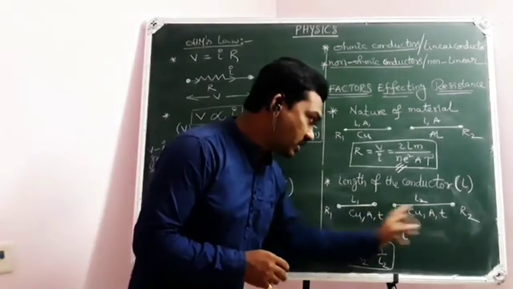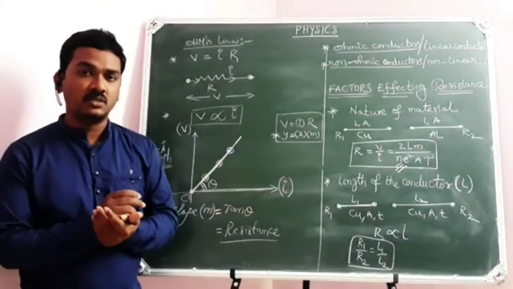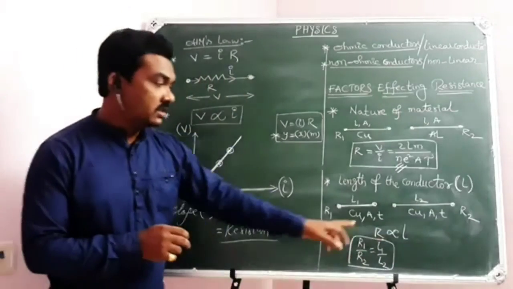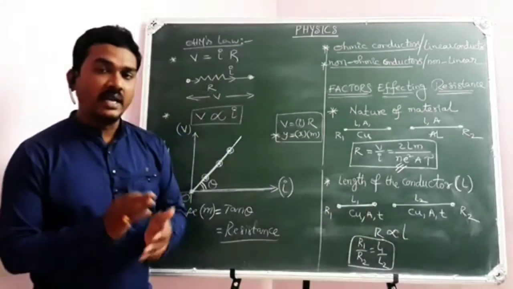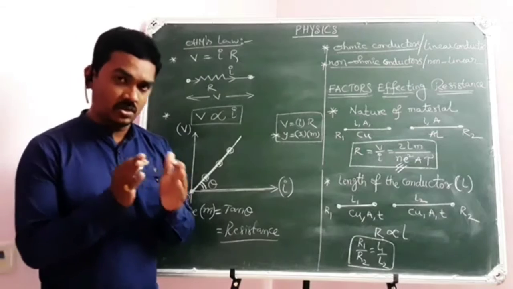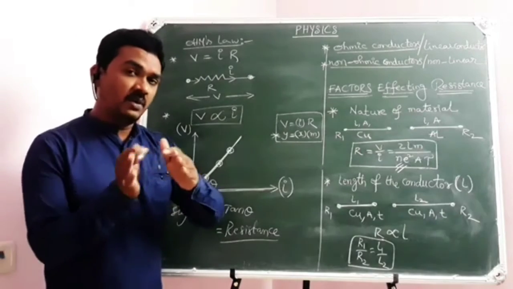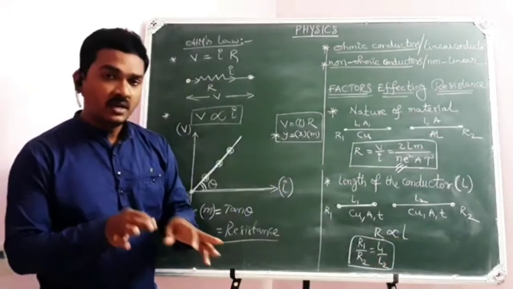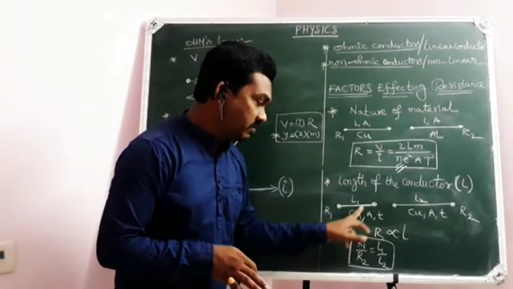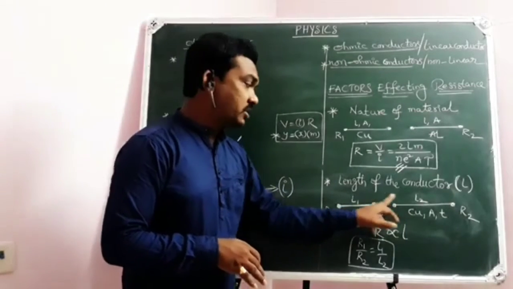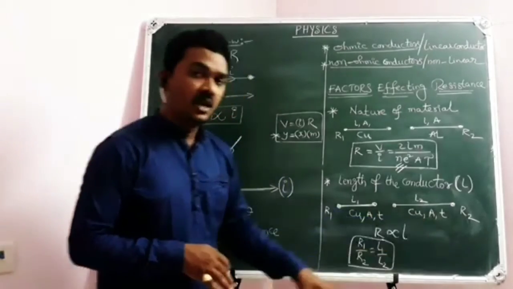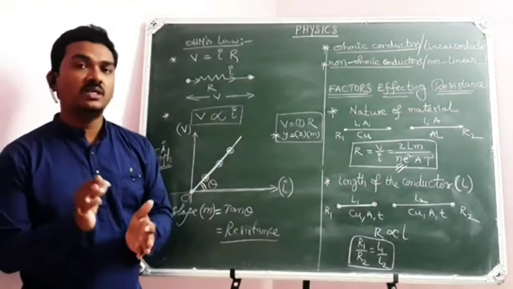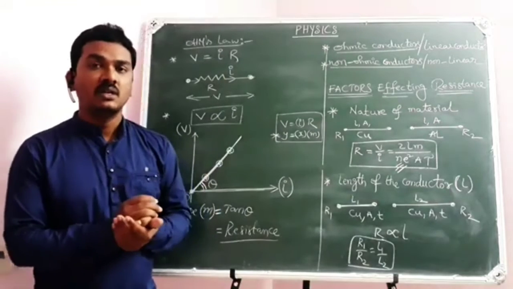of the same material, same cross-sectional area at same temperature conditions, varies according to the length. See, these terms and conditions are very important. I can say resistance of a conductor will be directly proportional to its length, provided the conducting wires are of the same material. These conducting wires should be of the same cross-sectional area, and these two conducting wires should be at the same temperature. Everything is applicable under some terms and conditions.